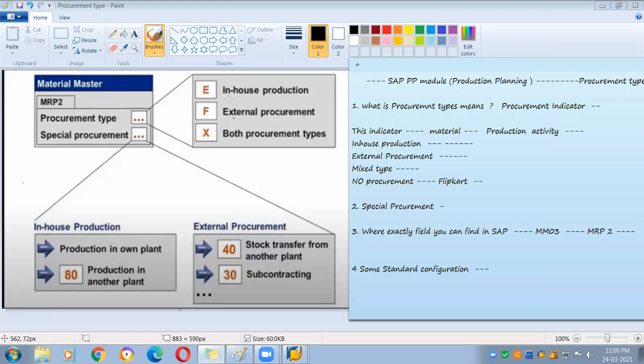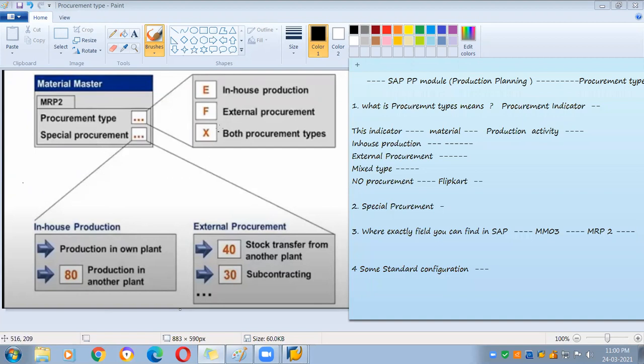And when you choose in-house production, you again have the functionality of a special procurement, where you can mention that it is produced in our own plant or in another plant of our same company. That is in-house. So this special procurement is going to give you more clarity on the type of procurement you are doing.